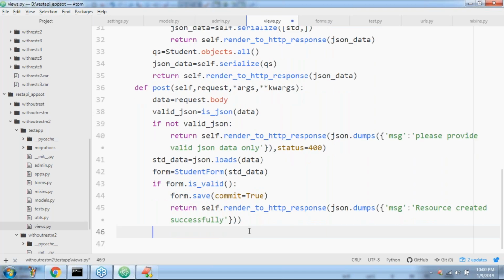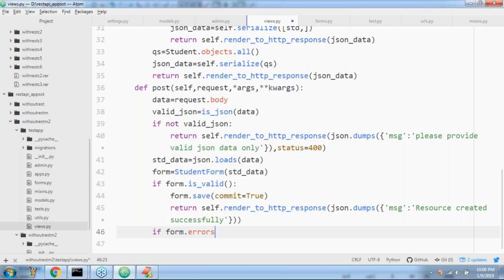Now, can you please tell when the control will come to line number 46? Very simple. If there are any errors, if the verification fails, now what I want to take is return. So if it fails, JSON data is equal to... we are not required to take if form.is_valid. If it fails, that means if form.errors.